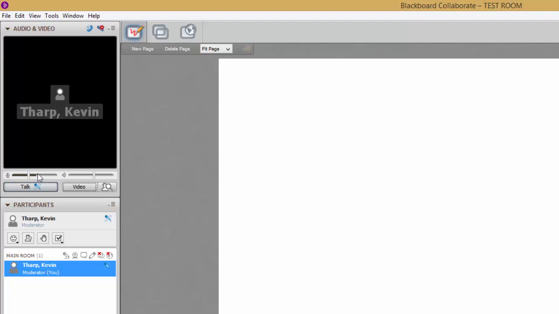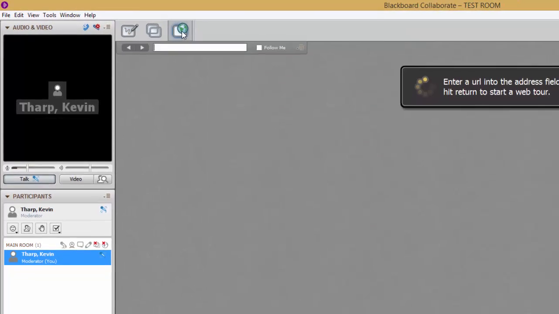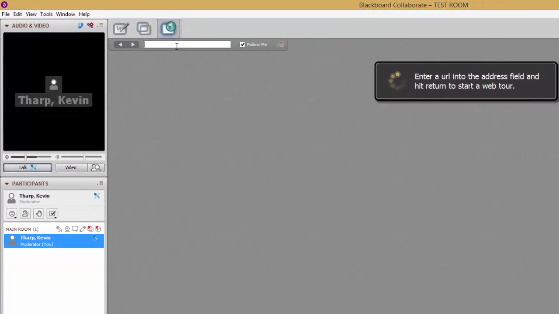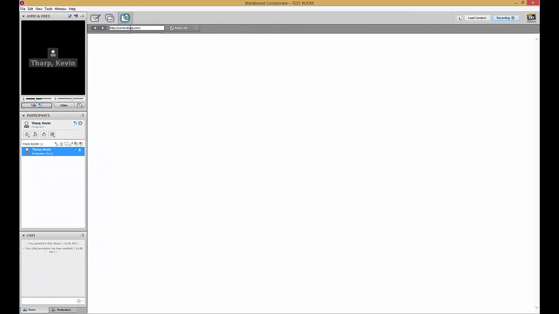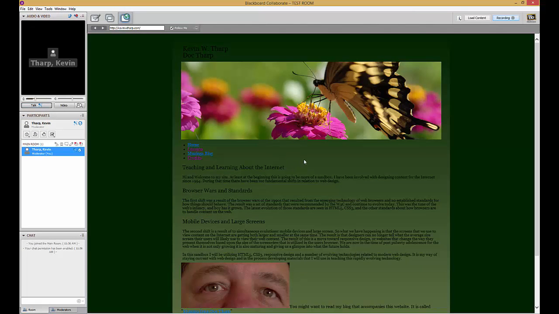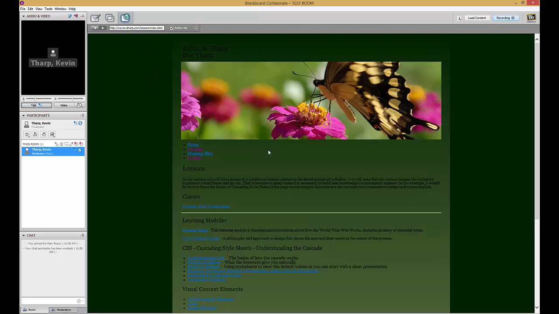So make sure that your audio is rolling, and then you come up here, and the easiest way to do this is to use the web tour. So you click on web tour, and then you enter the URL of your web page that you're going to be demonstrating, and that's going to bring it in here. So it's going to set it up in a browser, and that will allow you to go through the different areas, walk through the different things that you're supposed to show me,